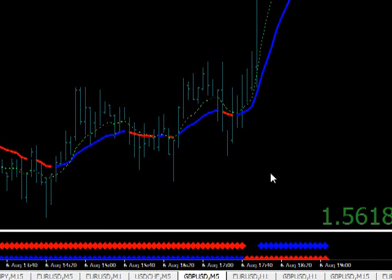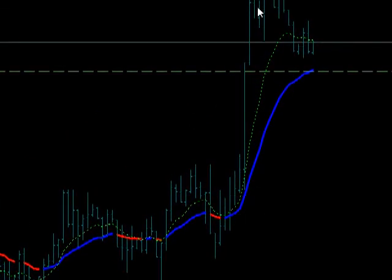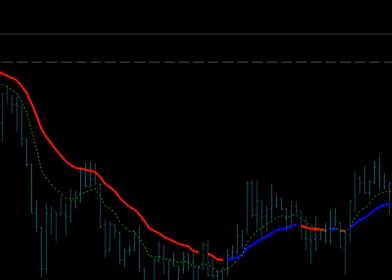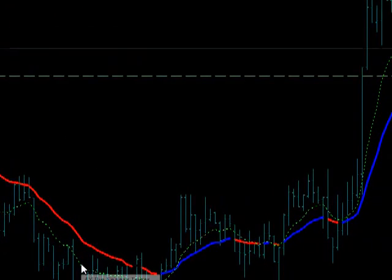And then too late in the day, right here we had a blue filter and it shot up quickly. So there were no trades in the U.S. session, but in the U.K. session we had a whole bunch of retracements back into the trigger line